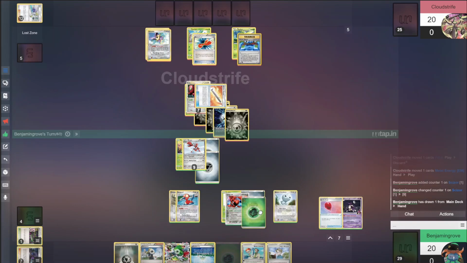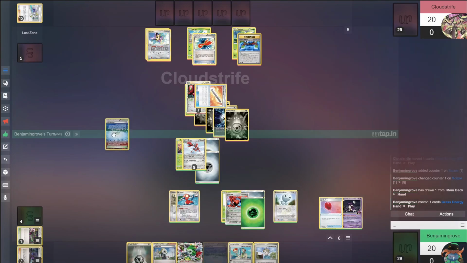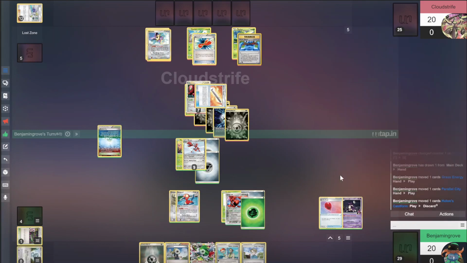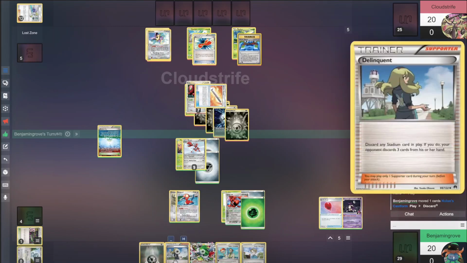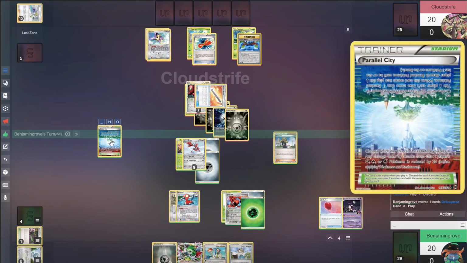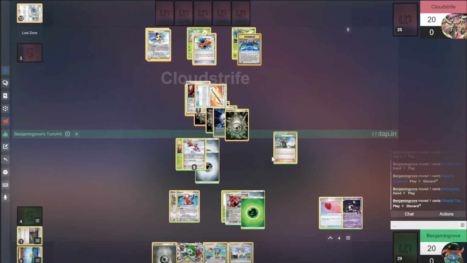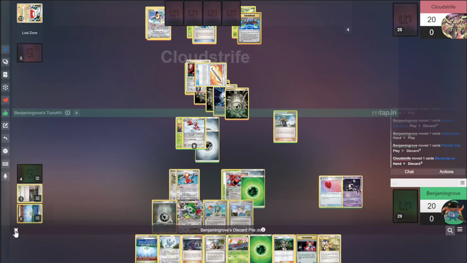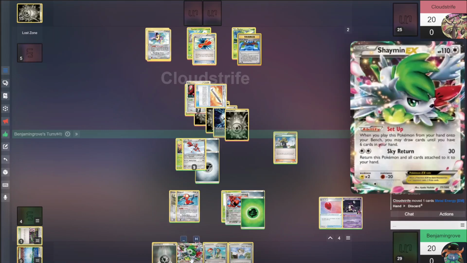Yeah. So at that point, then, I think I just kind of attach... I'll Parallel City and get rid of my cast form. Just to... I think I just used Delinquent. Yep, we'll use Delinquent. And here we're kind of just digging for...